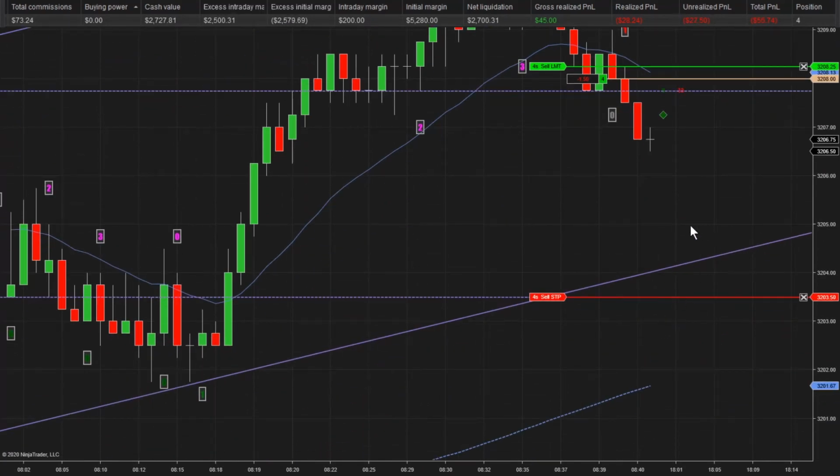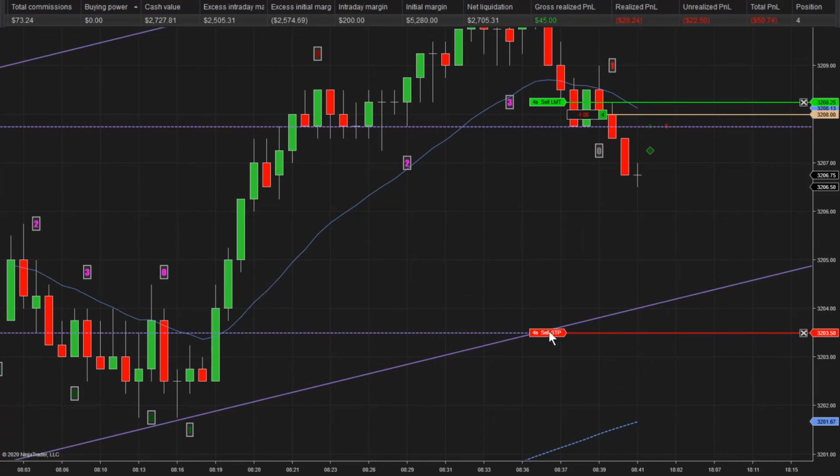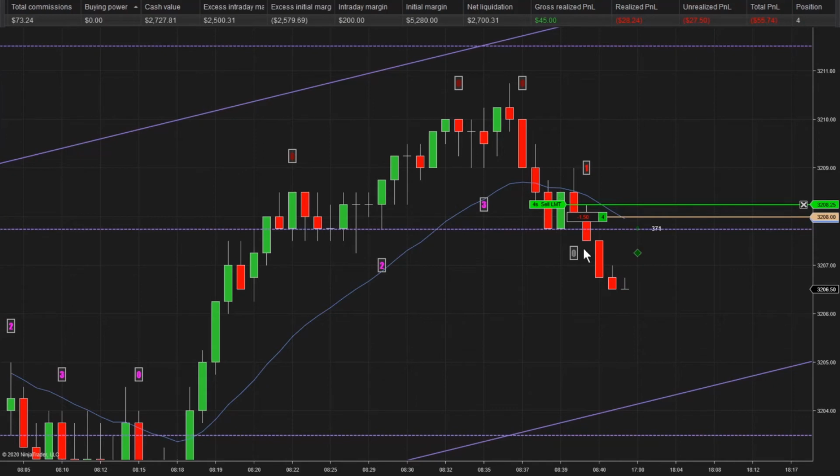And my scaling will be somewhere near the bottom of this channel. So if it's like a pullback, if this gets to the trigger,